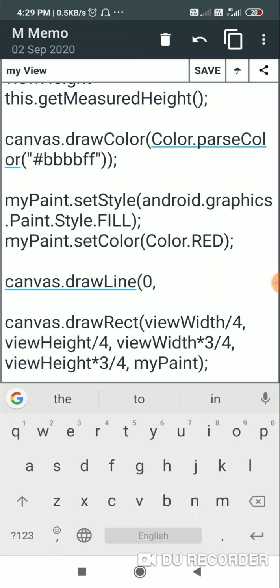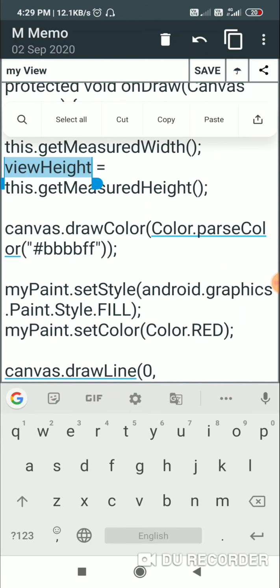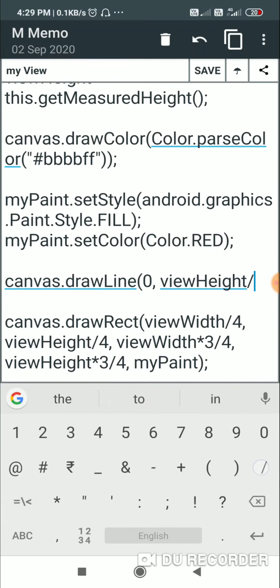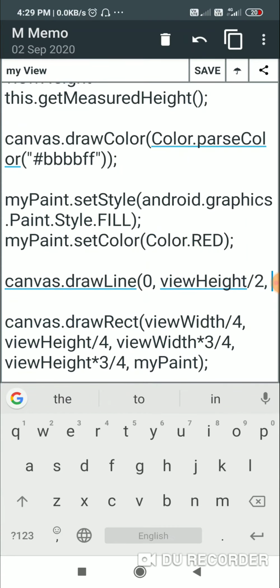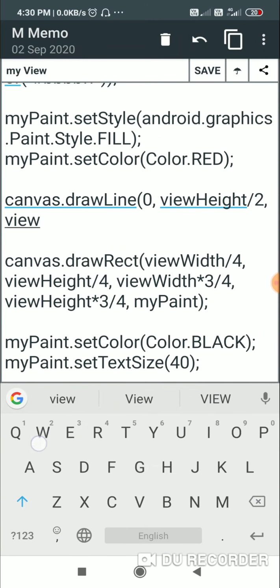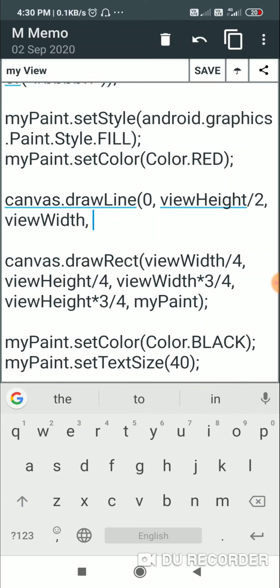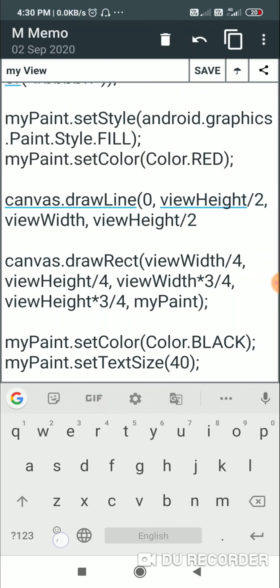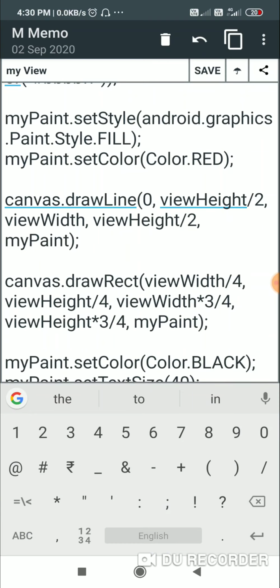Then the y coordinate of the start point will be viewHeight divided by 2, the half of the view, since I am drawing the horizontal line in the center. Now the x coordinate of the end point will be equal to viewWidth, and the y coordinate of the end point will be the same, viewHeight divided by 2. After this I write the paint which I used to draw it, which is myPaint, and then I close this. So this will draw a horizontal line.